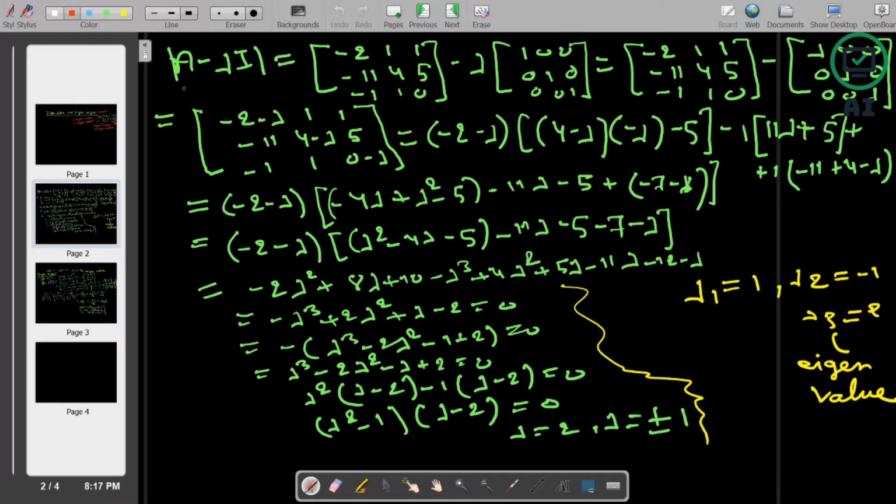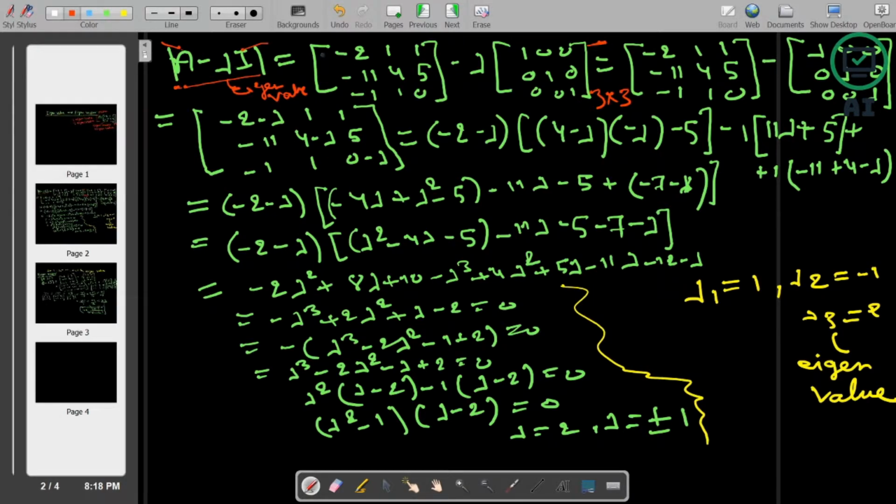So here, first of all, we have to write it in this format: determinant of matrix A minus lambda I. So A is the matrix which is given to us, I is the identity matrix. So here it is the 3 by 3 identity matrix. You all know what is identity matrix. And lambda is the value which we have to find out. This is nothing but the eigenvalue. This one we will be finding out here.